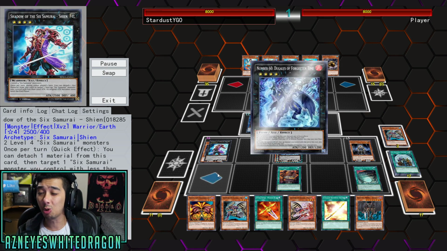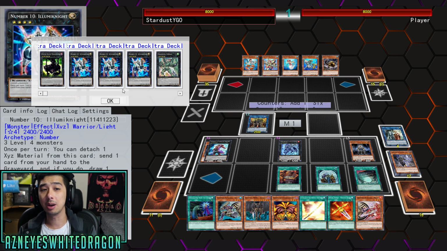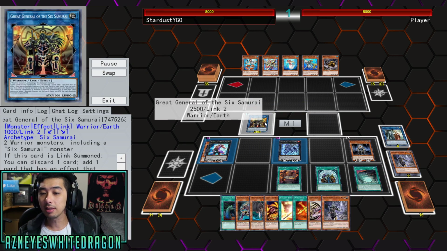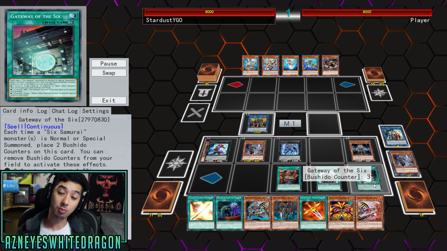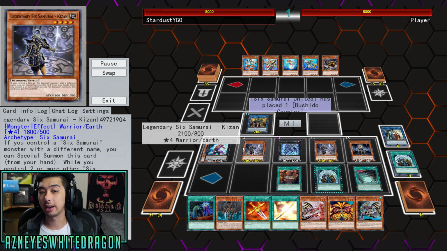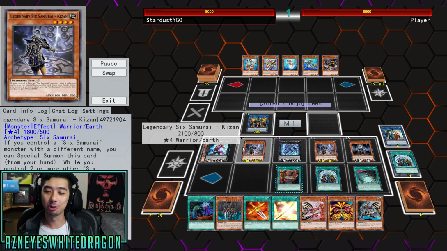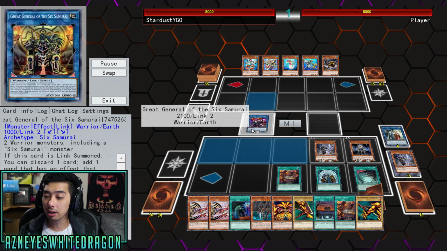there's actually so many draw power cards. We're talking Number 60. We're also talking about an older card, Number 10, Alumni, because the Great General lets you add Gateway, and that lets you cycle through basically infinite key zones. There's infinite damage loops. There's so many FTKs that will be coming out of this, and I got those for you guys, because I think a lot of people will be interested in playing 6 Samurai, and because